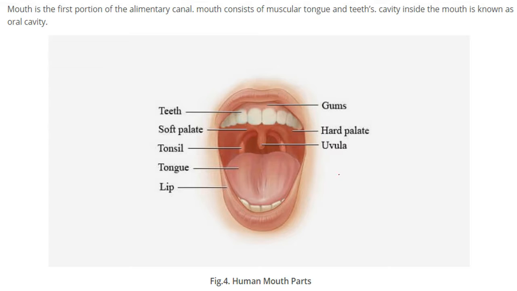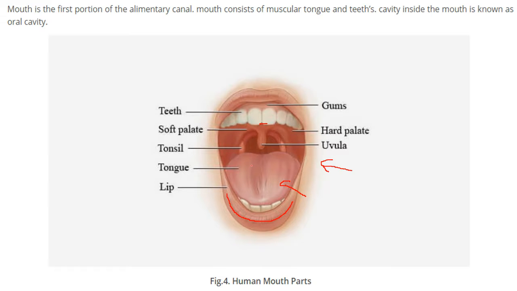The mouth is the first and most important part of our body, and this is the first portion of the alimentary canal. So what does the mouth consist of? We have the tongue for taste, we have teeth in order to chew food, then inside this we have the oral cavity. So this is our lip,